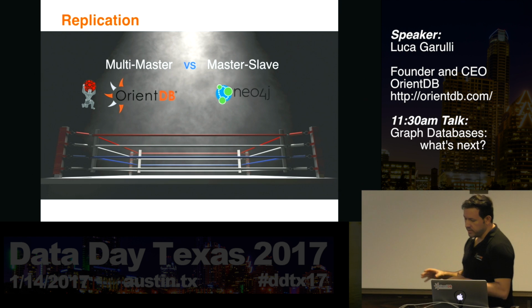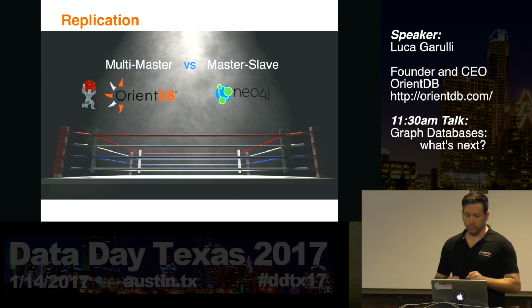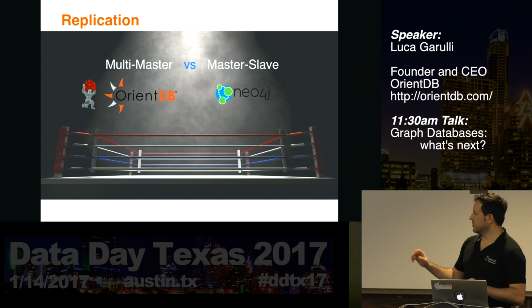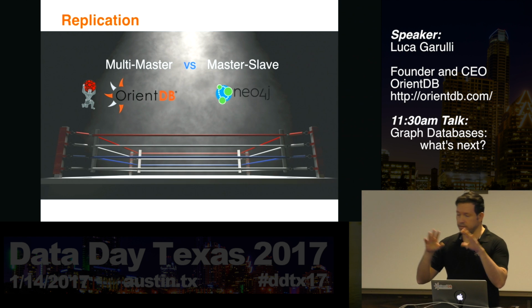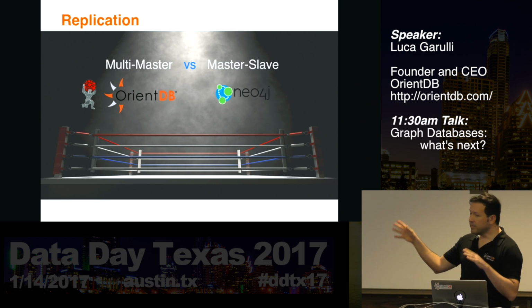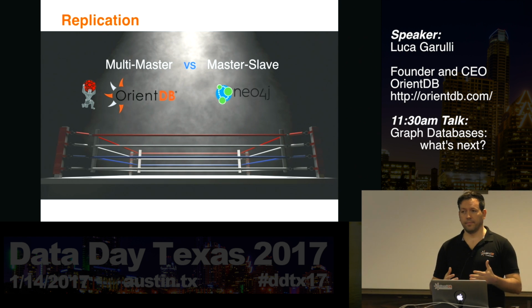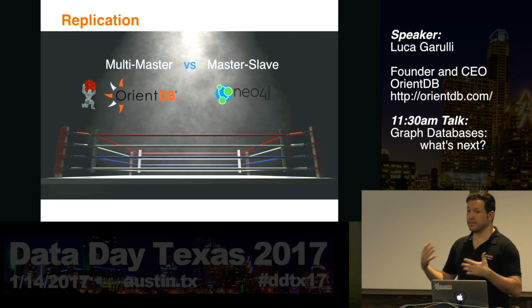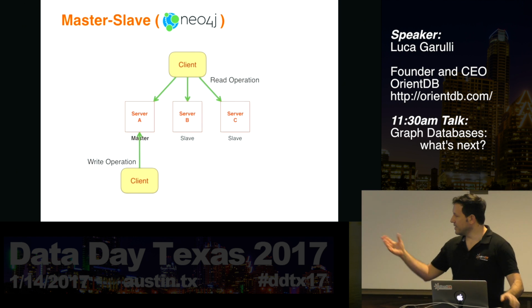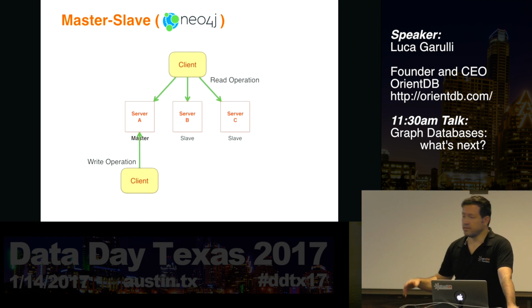Okay, this was easy. What about replication? We are getting harder here. With replication, we can see that OrientDB and Titan support multi-master, while Neo4j supports master-slave. With master-slave, everybody knows this concept, but